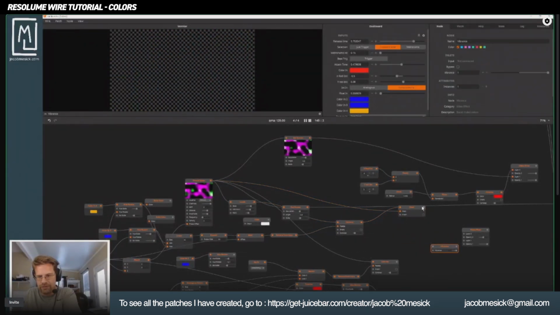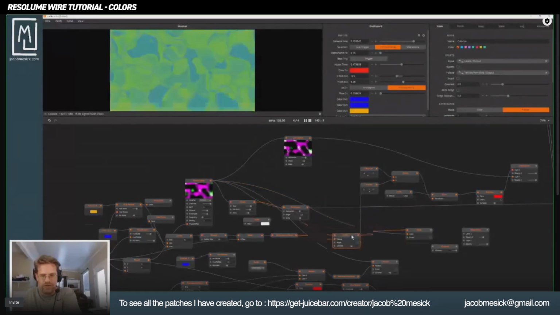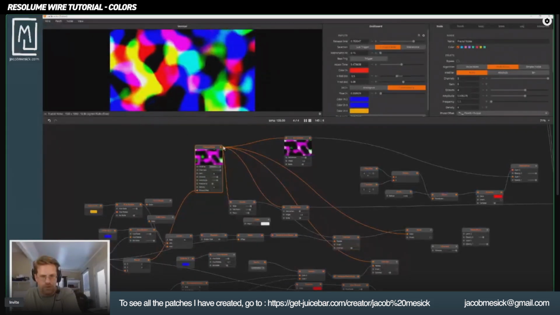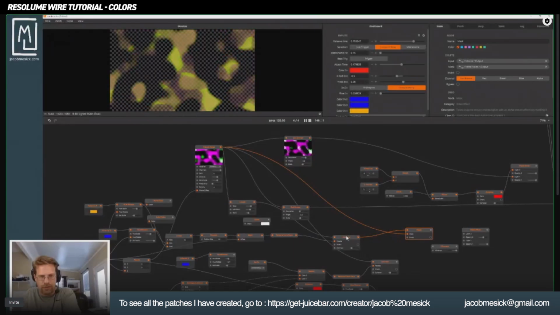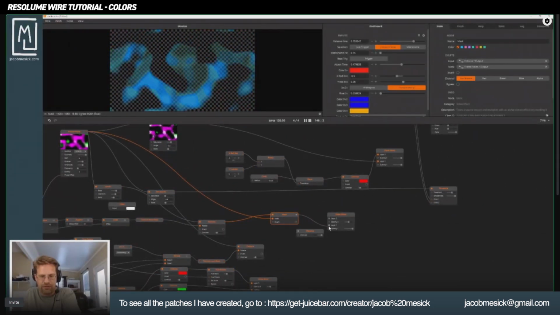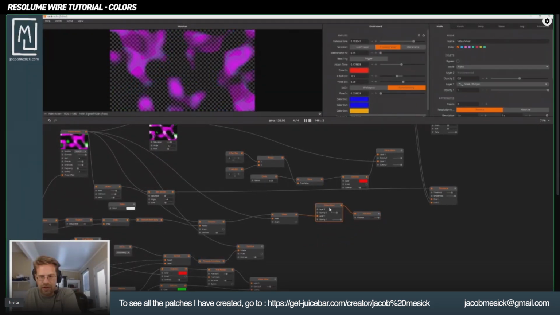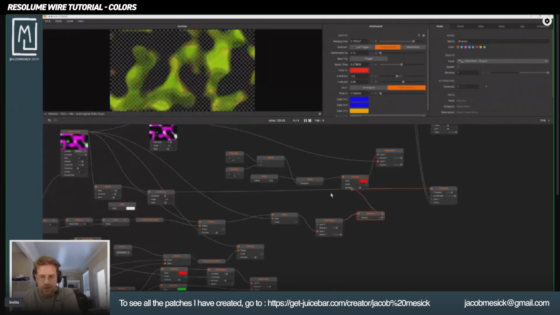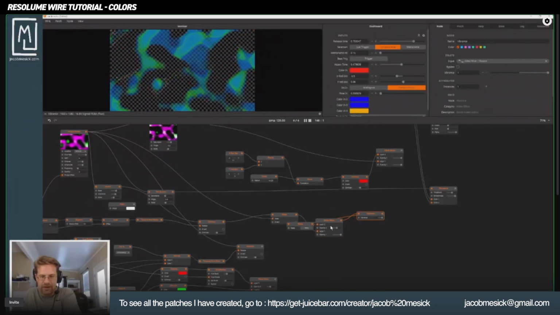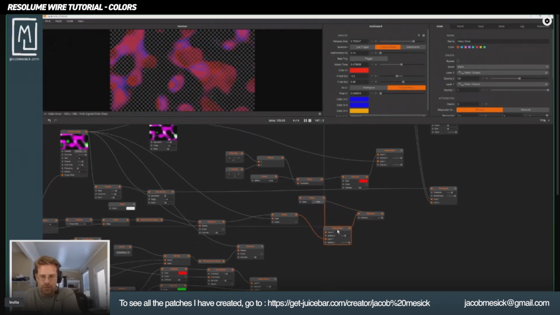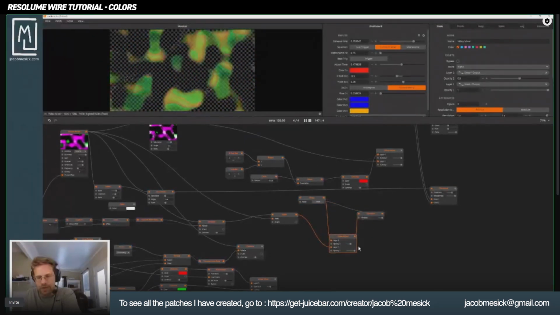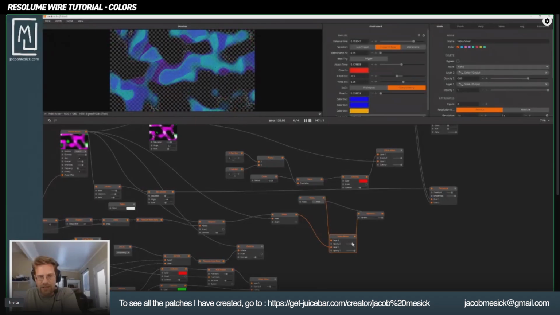There. So we get this kind of flowy motion, right? This is the color cycle that we were creating with a hue rotate, right? And then this is the fractal noise that we were creating. And so I'm using this as my mask for the colorize. So we're getting these color spectrums. And the reason why is because I wanted something with a transparency. And the reason why I want a transparency is because I'm going to plug my vibrancy into this and bump it up to 11, which I've already done. And I'm going to plug that into the backside of this video mixer. So I'm creating a feedback loop into the video mixer,